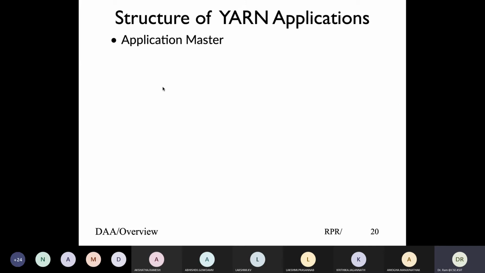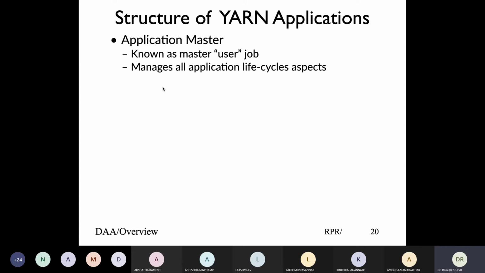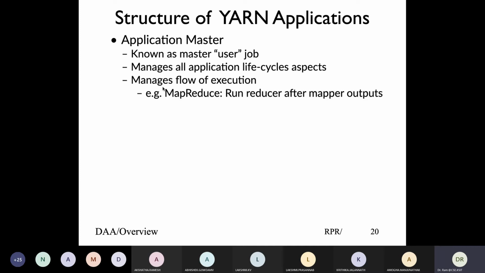So the application master's primary job is to run a single application master for a given application. And this application master could be independent of MapReduce. Like distributed shell would have one application master, message passing would have another application master, and so forth. It keeps running till the entire application runs to completion on the required number of cluster nodes, and ensures the communication between the application master and the application components.